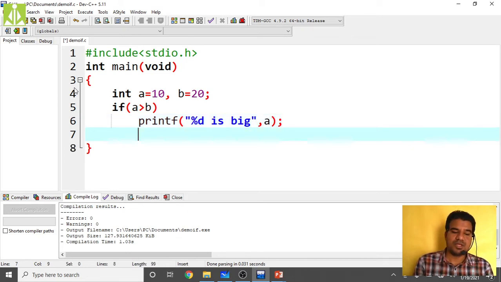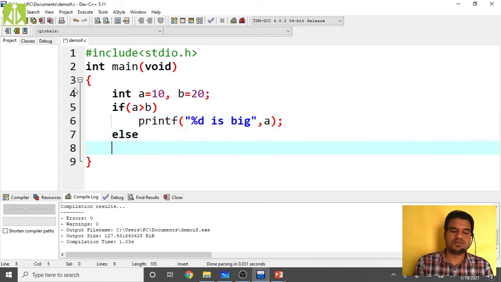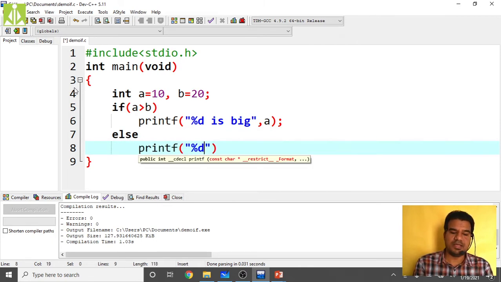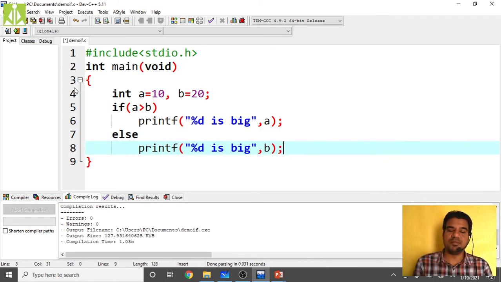Next, in the else part, printf "%d is big", but over here we print the b value. In the true part we are printing the a value, because if the condition becomes true, it means a is big. So we are printing the same thing using the printf function.